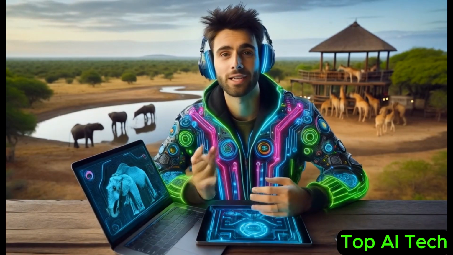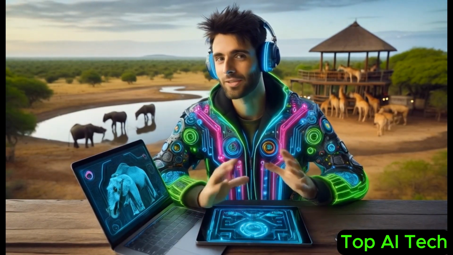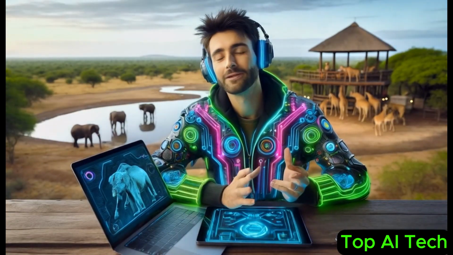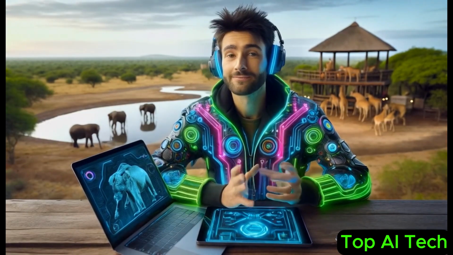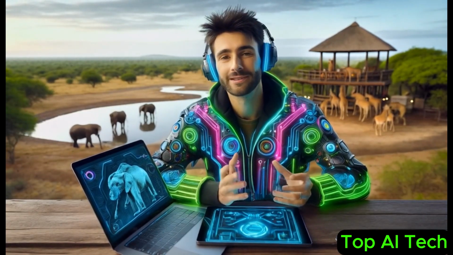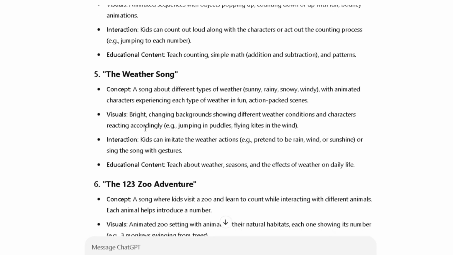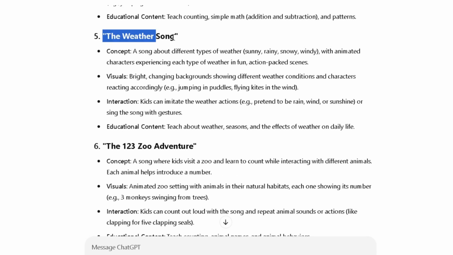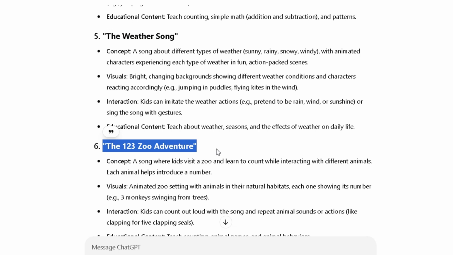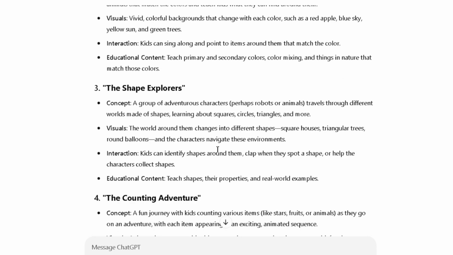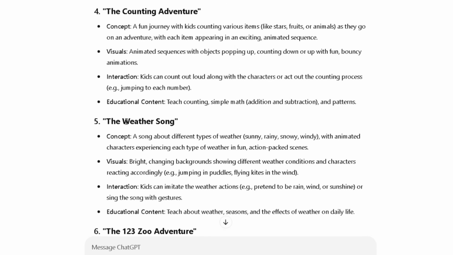Listen up. As ChatGPT is giving you the ideas, make sure you go through each of those and select the one that best suits your preference. Please read through and see which one you're going to choose so that you don't follow it blindly. For example, there was the counting adventure, which seemed like a fun and educational idea. There was also the weather song, which immediately grabbed my attention. And then there was 1, 2, 3 Zoo Adventure. It was tough to pick just one, but after considering all the options, I decided to go with the weather